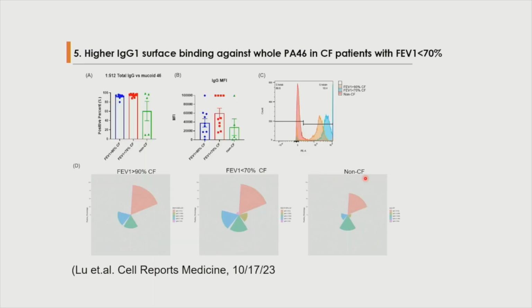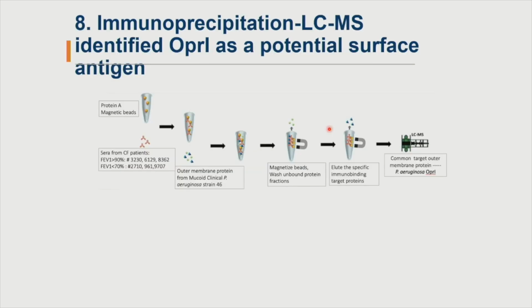And then we did FACS to see if this is surface antibody staining. And you can see again by flow cytometry, there's higher IgG1 deposition on, this is again PA46, the mucoid strain, in patients with poor lung function, suggesting that there's a surface epitope that these antibodies are directed against. So to identify what these antigens are, we just basically did an antibody pull down experiment and did LCMS,